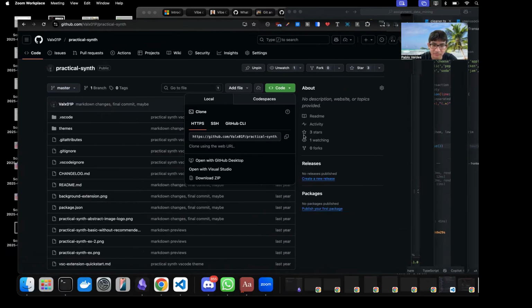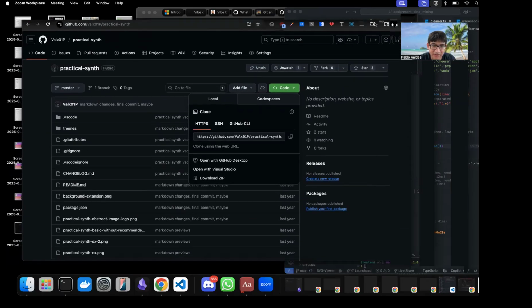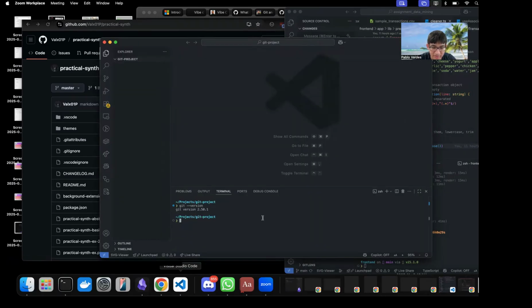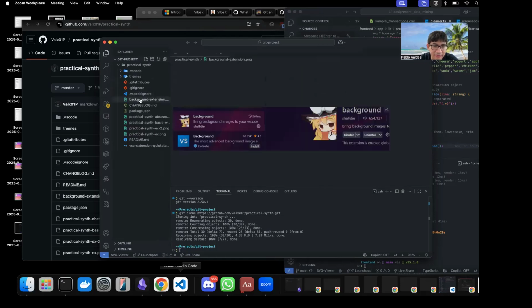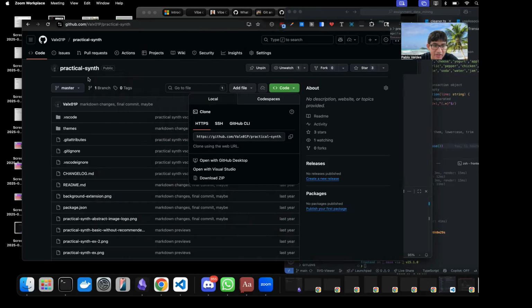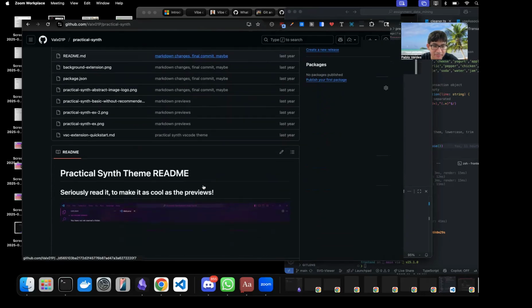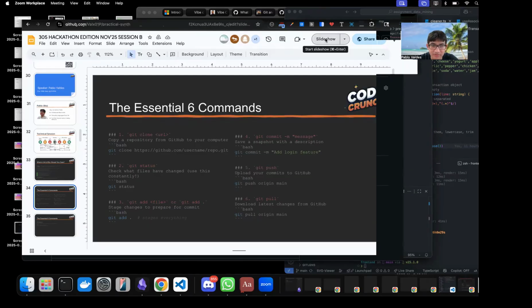And so right here, if I want to git clone this repository, I could go over here on GitHub. I could click HTTPS, copy this. I'll go back in my editor and I could do git clone and I'll paste that link. And so now that's copying essentially the entire repository. So I'll have it all right here and I could use it as I want. So everything on this Git repo is now on my computer. So let's go back to the presentation.